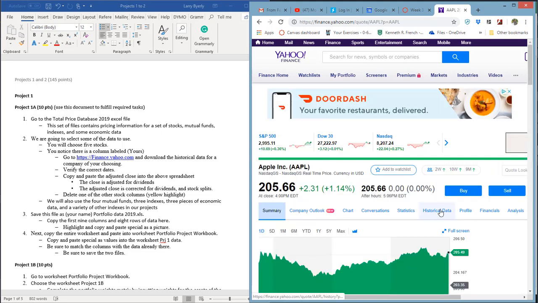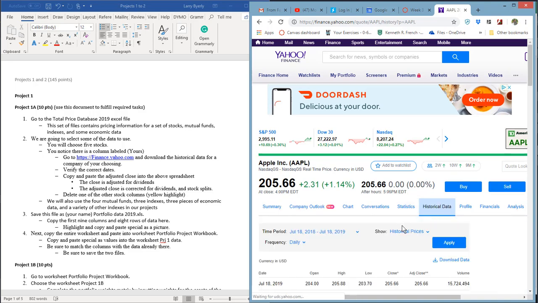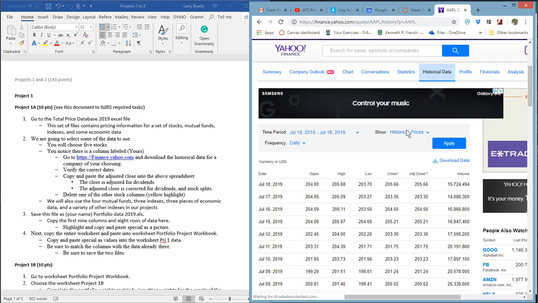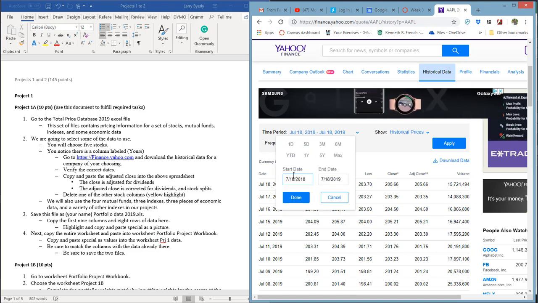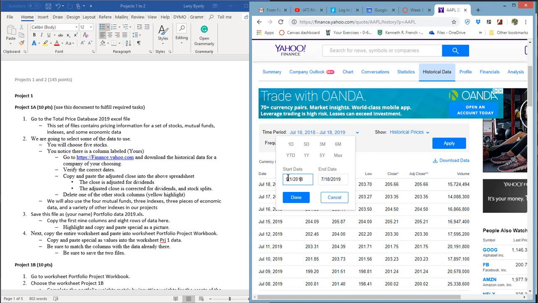We want to go down here to historical data. When you click on the historical data link, it'll take a little bit for that to open. So there we go. Here are the data points that you want to choose. We want prices, we want monthly prices, and we want to go from, we're going to put this date in here, 5/1 of 2015 to